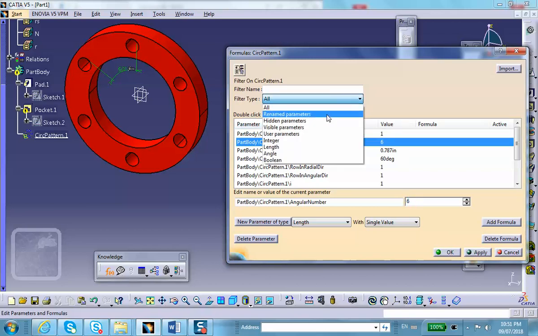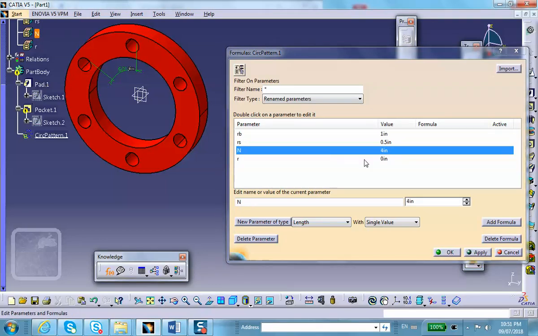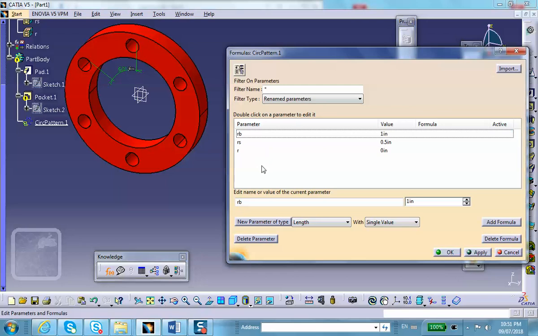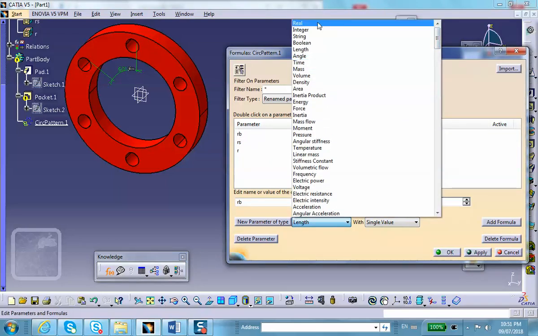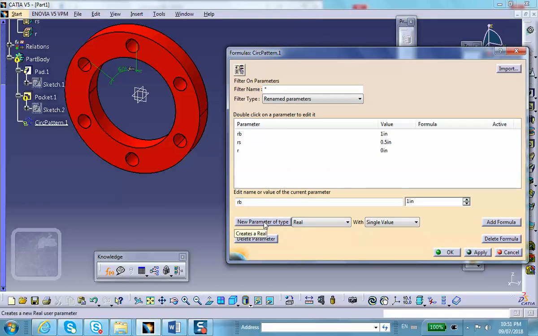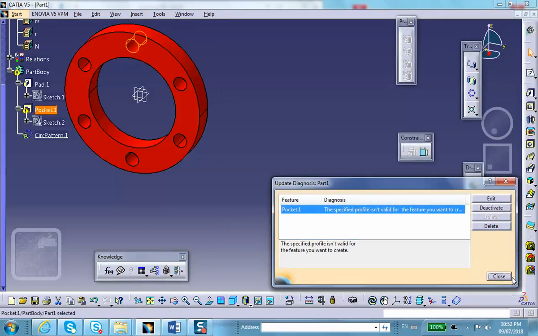So rename formula, rename parameter. I want to delete this. This should have been real. Accidentally, I changed. So let me delete this. Delete this parameter. Delete this parameter. Are you sure? Yes. Make another one. So we want a parameter of type real there, and new parameter, and this is going to be n. And the number is going to be 4. All right, apply, and okay,